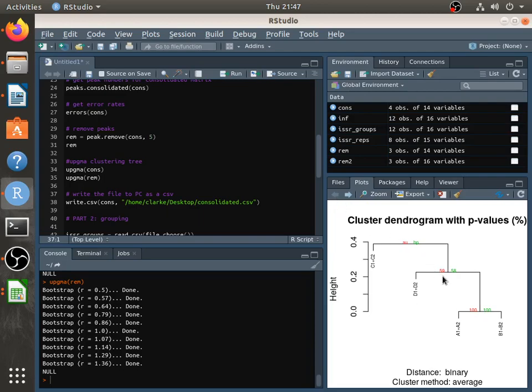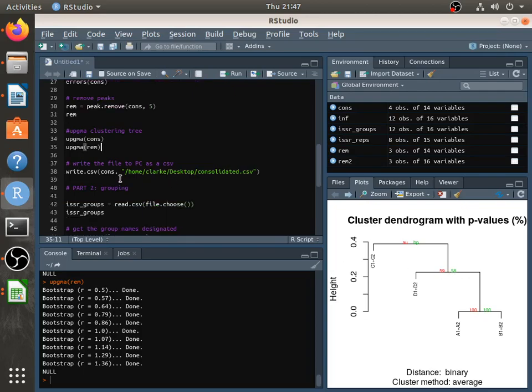And then you'll see here, you'd look at the green value, that's the bootstrap value. Yes, this is a percentage. So that's the first part, and then just for interest's sake, let's say you now want to take